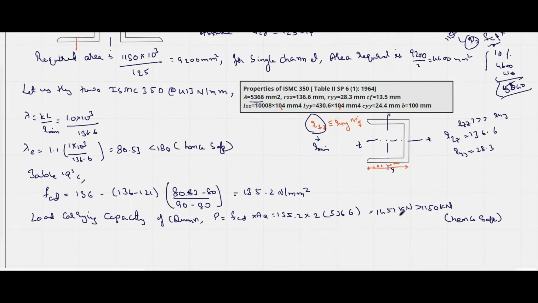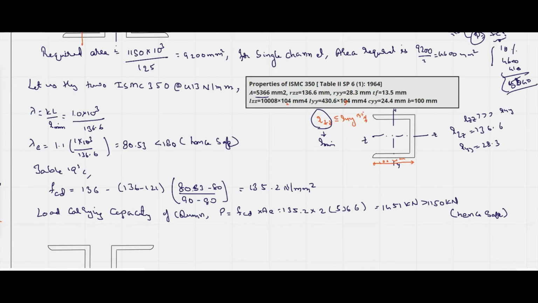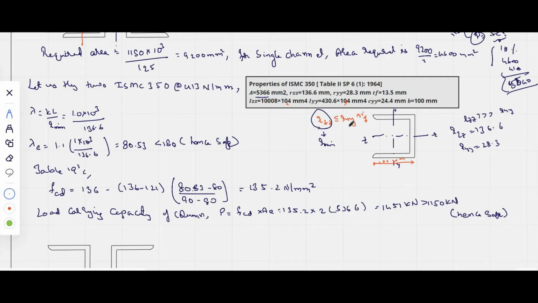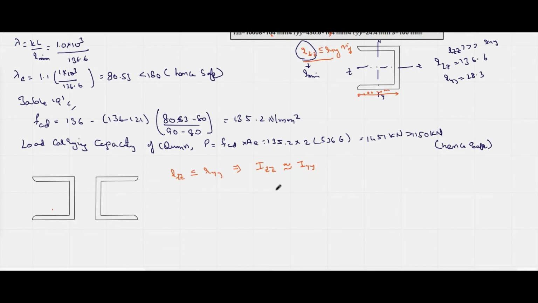Now, when the channel is safe, the biggest thing we need to see here is how much spacing I need to provide between the two channels. For that purpose, we will see our relation. We provide it in such a way that RZZ should be minimum. Therefore, RZZ must be less than or equal to RYY. And we also know that radius of gyration is directly proportional to moment of inertia. So from this relation, we are going to determine the moment of inertia of